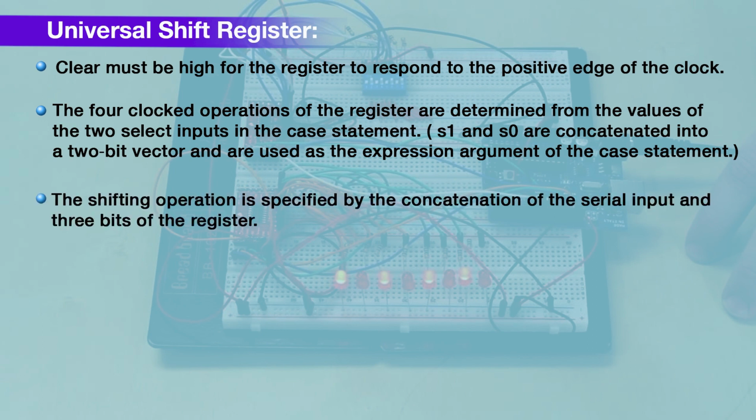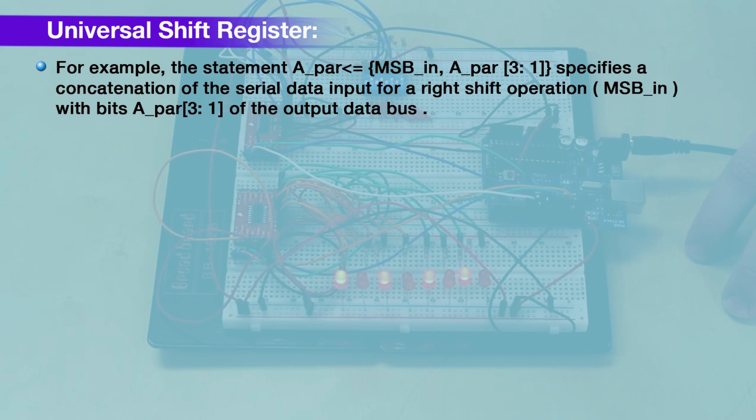The shifting operation is specified by the concatenation of the serial input and 3 bits of the register. For example, the statement A parallel is less than or equal to MSB in, comma, A parallel 3 down to 1, specifies a concatenation of the serial data input for the right shift operation, MSB in, with bits of A parallel,